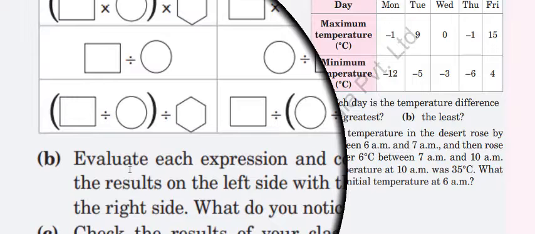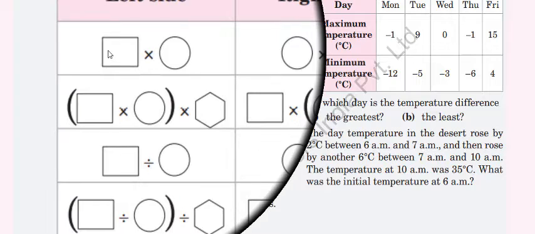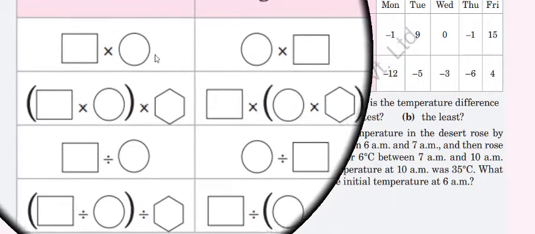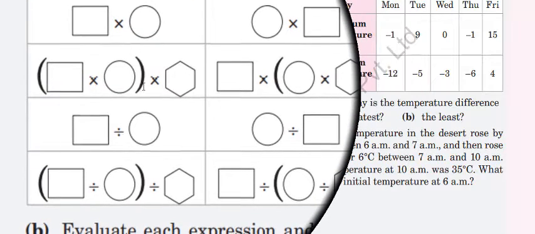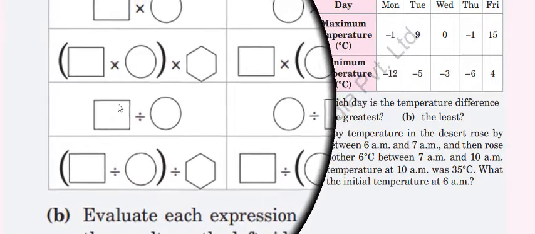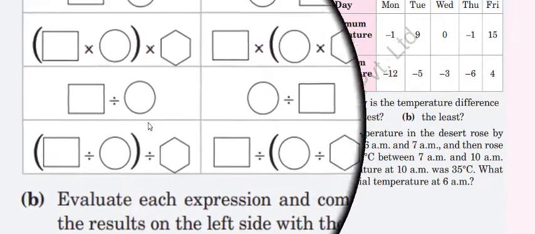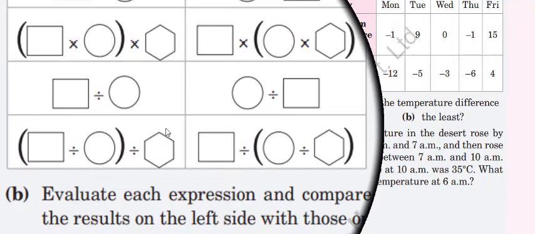Here we have to evaluate each expression and compare the result of the left hand side with the right hand side. Definitely we know that this is the commutative property of multiplication, where in any order you multiply, the result comes out the same. So it will be a true statement. Here again it will be a true statement because we are applying the associative property. And here, as the division sign comes, it tells that no rule will be applicable and the left hand side and right hand side will be different. So we will not be able to verify the last two properties.